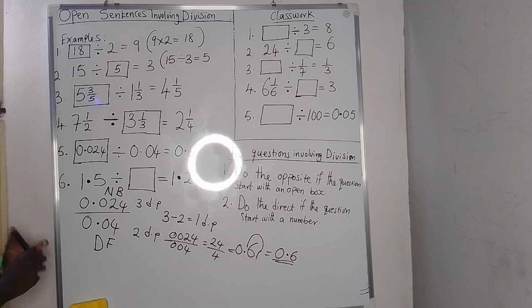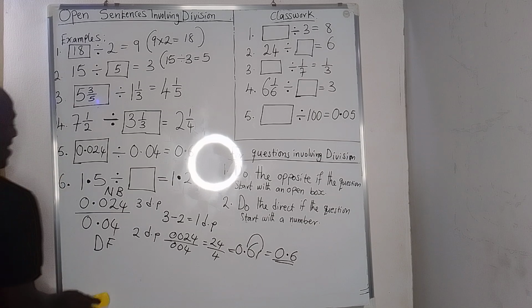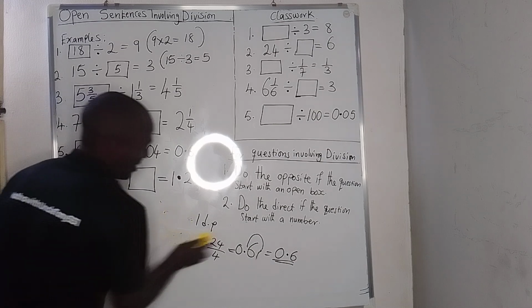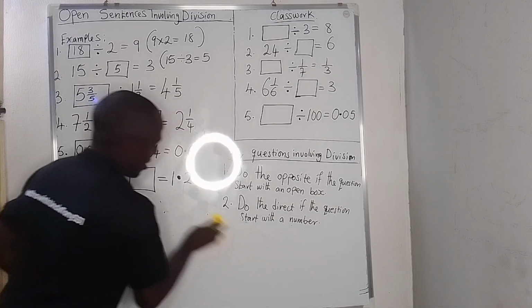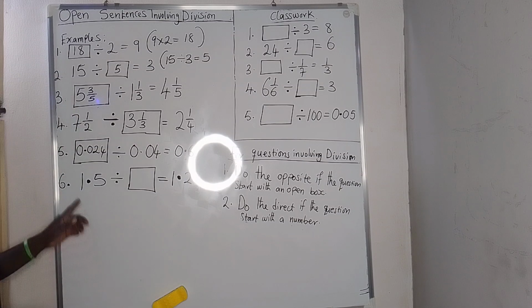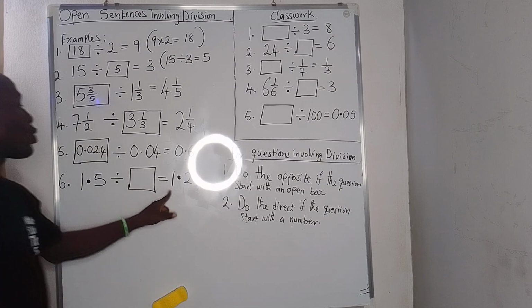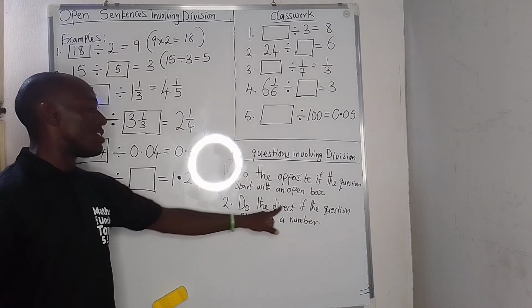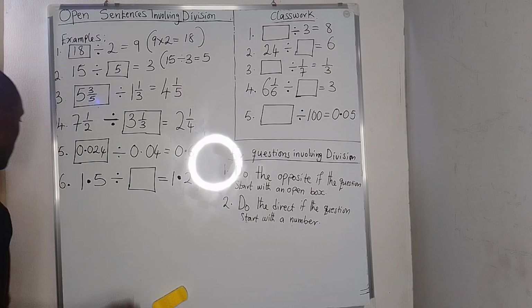Okay, finally let's look at number 6. Very interesting. Number 6, what is it saying? 1.5 divided by open box is equal to 1.2. The question starts with the number. Do the direct if the question starts with the number. So